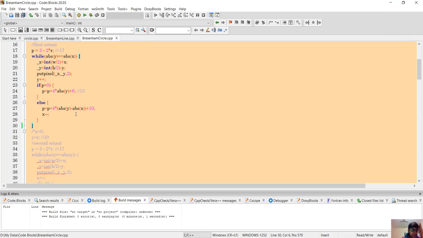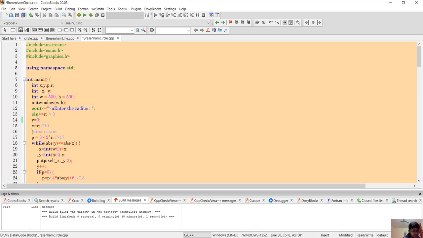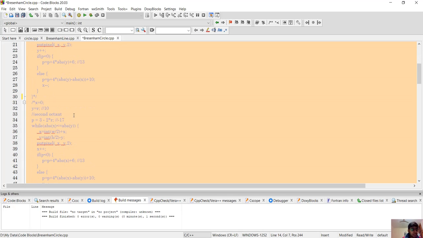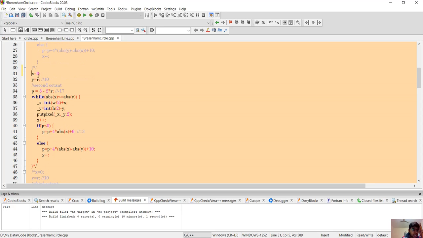Similarly, I'm going to comment it again, and let's move to the second octant. In the second octant, we start from up to the right side. So x is 0, and here we have to go positive.